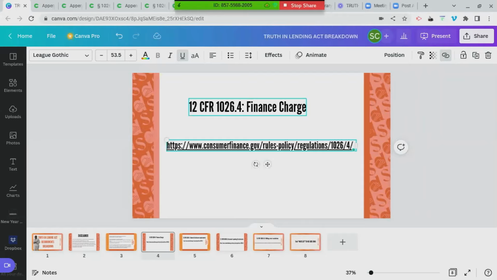But I said that to say, always do your own due diligence. I'm providing you all with the laws, showing you where in the law this information exists, breaking it down in an easy way for you to understand. And I still don't suggest that you take my word for it. Take the law for what it says. That's how I've always done my teaching. However anyone else interprets, it is not my business. But anyway,